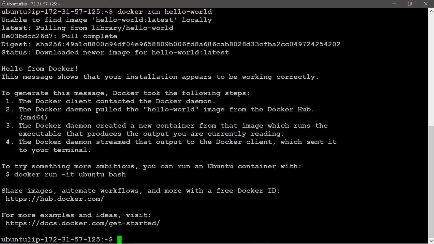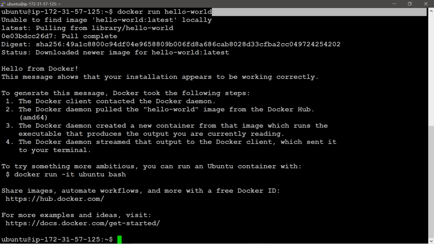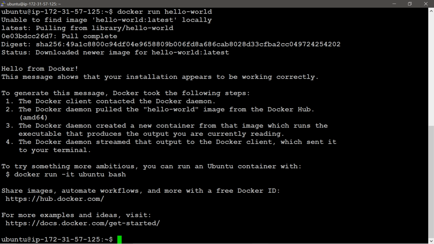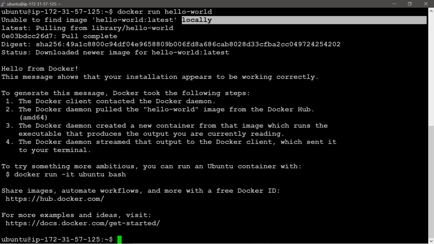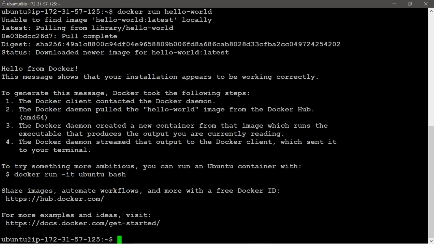You can see unable to find image hello-world:latest. I did not provide any tag here, so it is taking the latest image. It is showing unable to find image hello-world:latest locally. That means in this local system the hello-world image is not available.